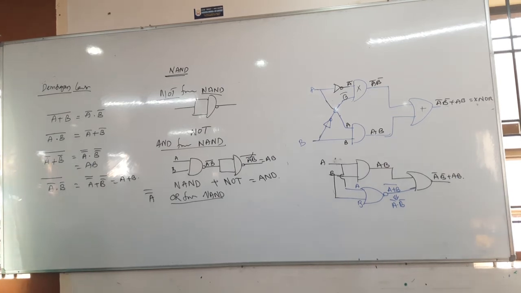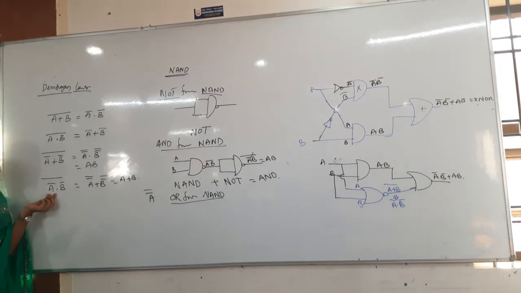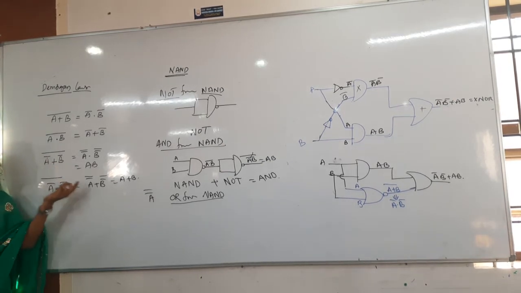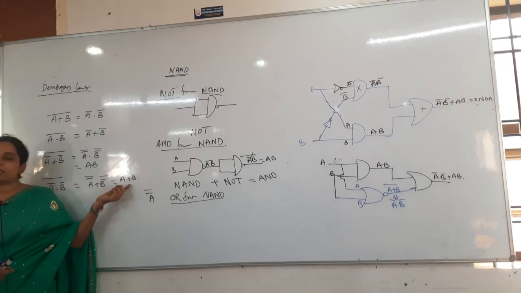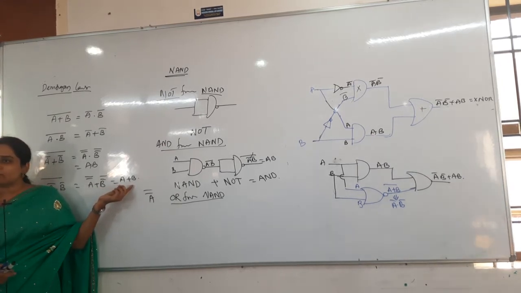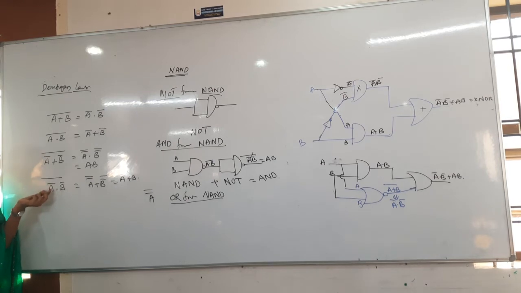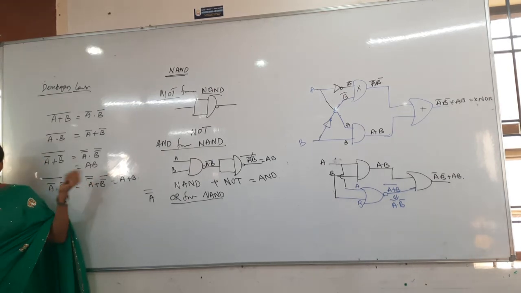See the De Morgan laws. I said NAND gate, no? NAND gate is nothing but what you have to get here. Let us take this one: A bar, B bar, whole bar is equal to how much? A plus B. A plus B means which gate? OR gate only, right? A dot B whole bar will come from the NAND gate only.